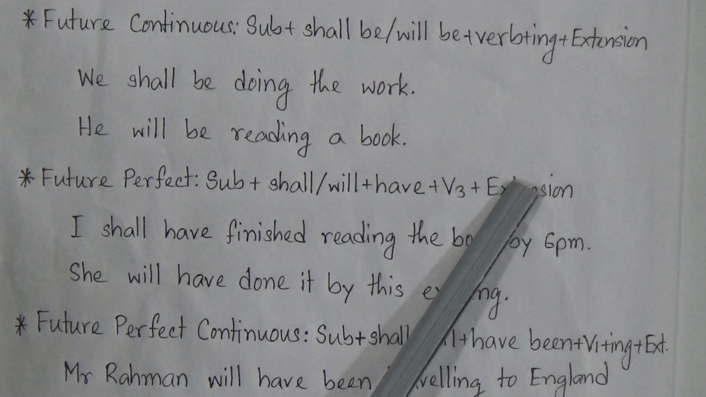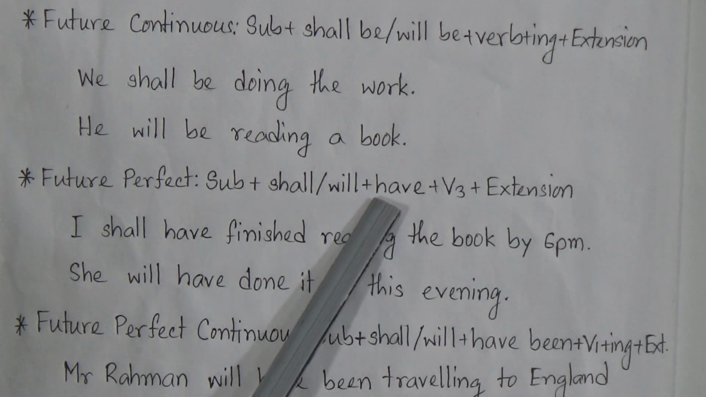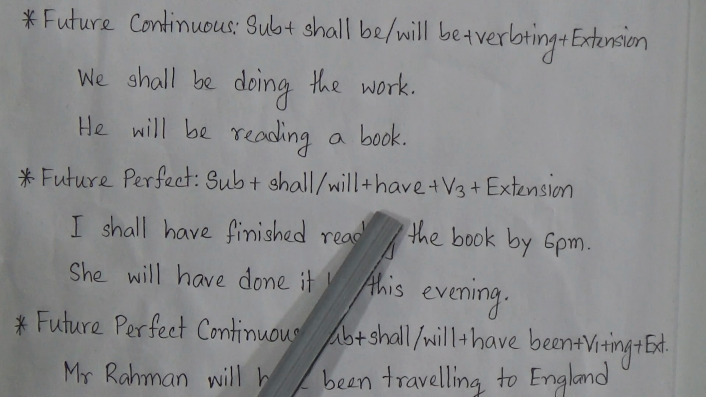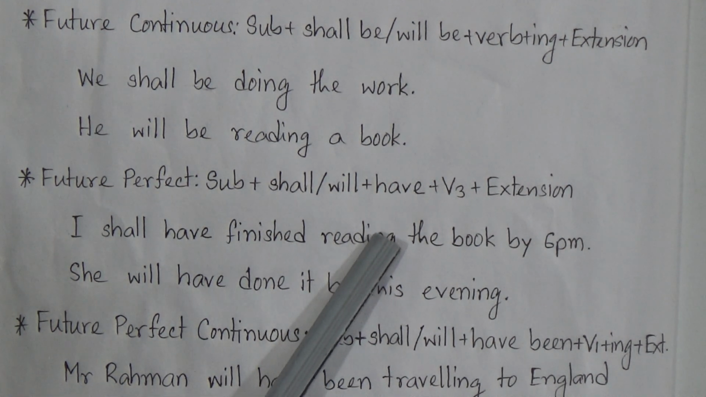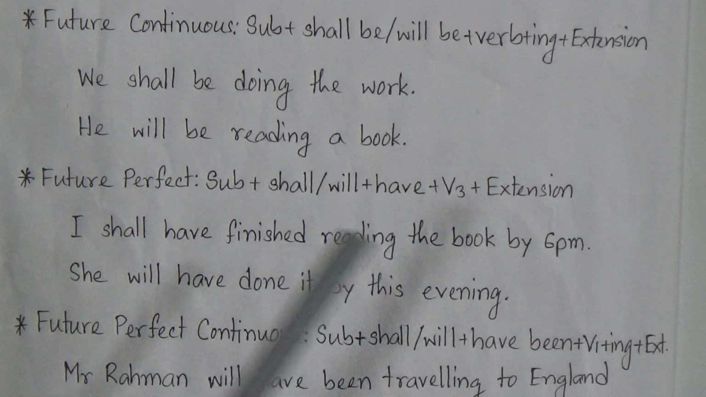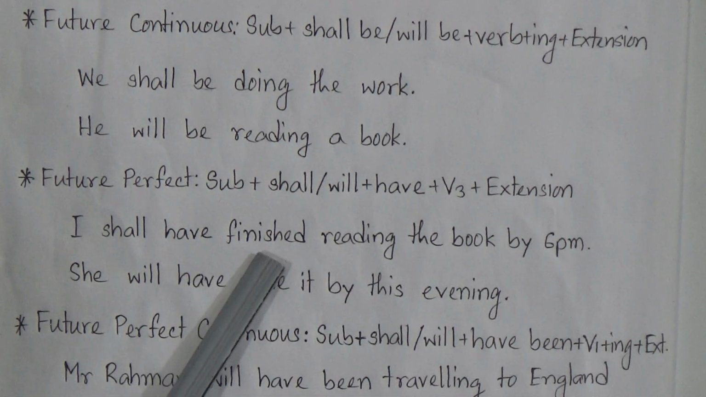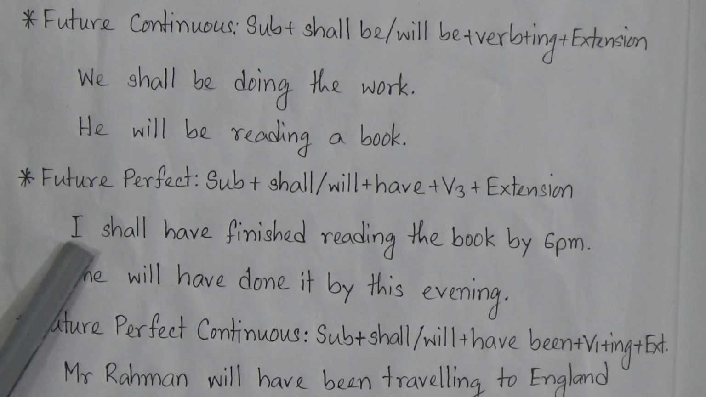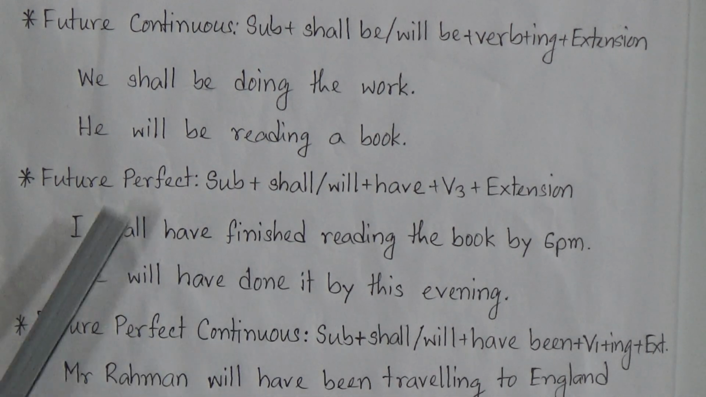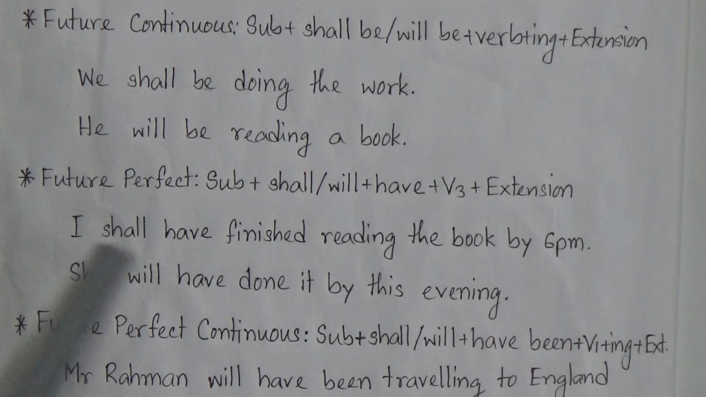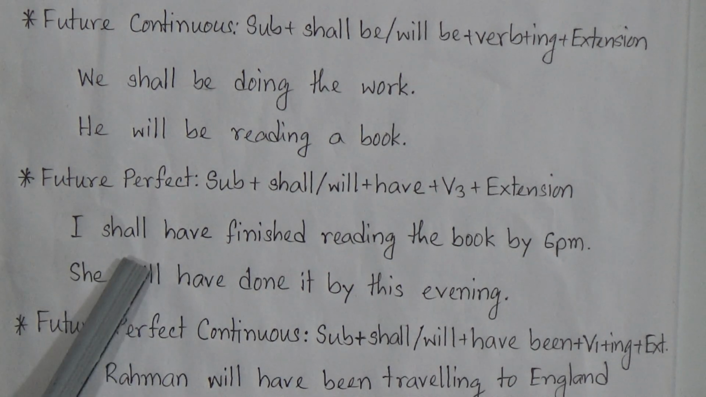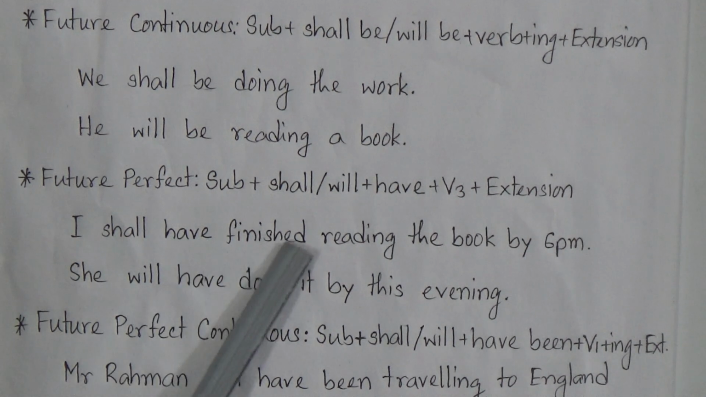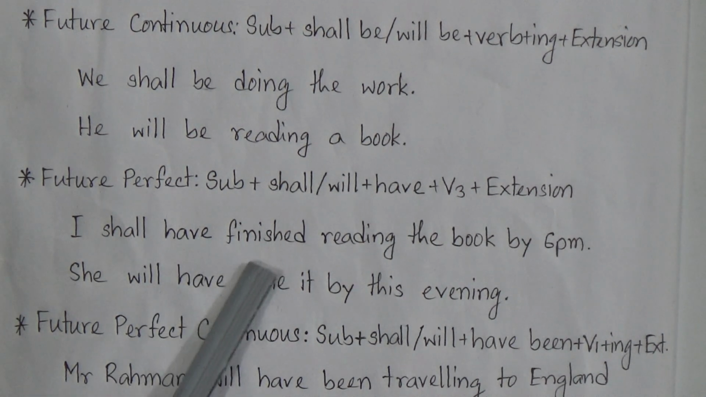And when we use the future perfect tense, it is used for actions that will be completed before some other point in future. That means some other task or some other point of time in the future. Now look at this example, I shall have finished. Now look, subject is I, then we add shall have, and now the past participle form of the verb, finished